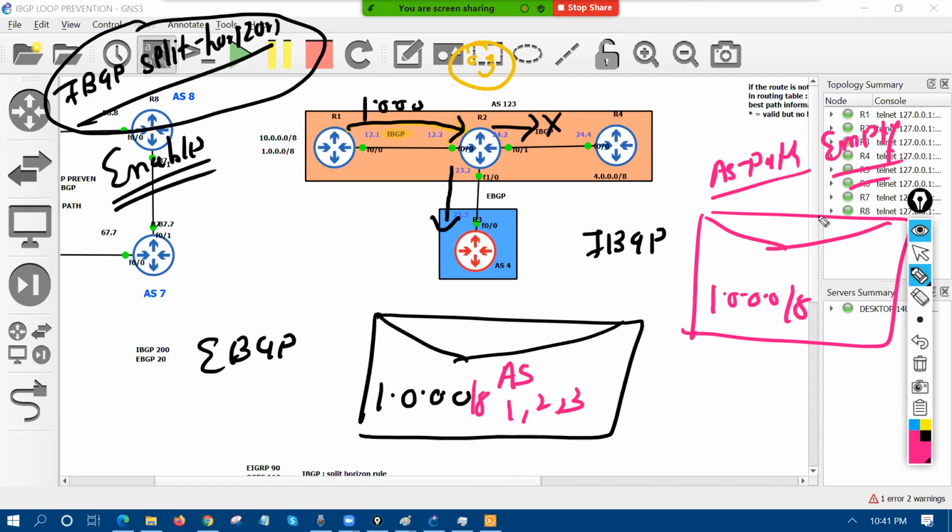So if the AS path is not present, how can I prevent the loop? When R1 sends the update to R2, it only sends the 1.0.0.0/8 information. It does not put the AS path information. And if the AS path information is not there, how can we prevent the loop? That's why R2 will never share this information with R4. So what the iBGP split horizon rule says is that whenever the iBGP router